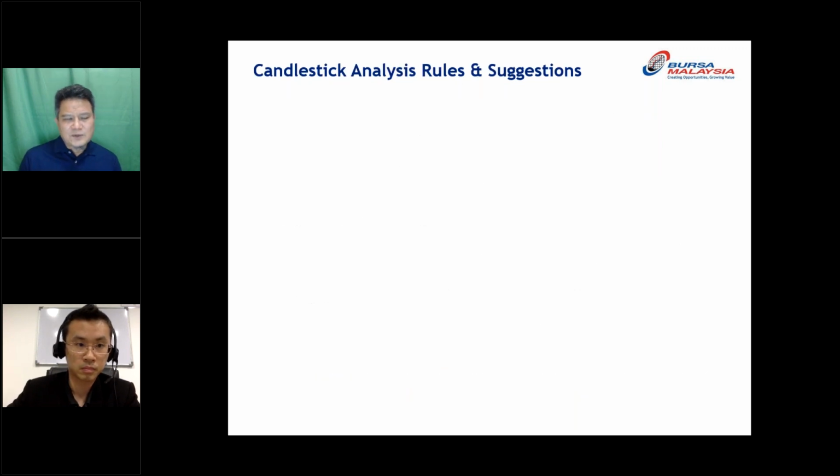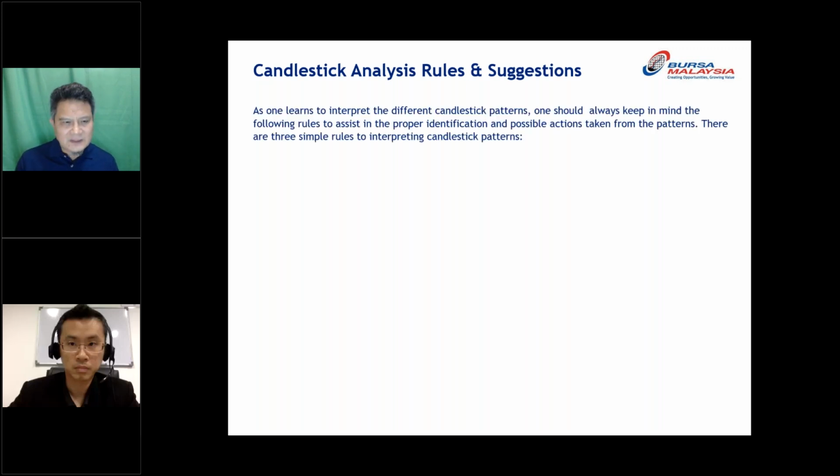All right, so the candlestick analysis and rule suggestion. If you don't remember anything else from my presentation, it's okay, but just remember these 3. The most important for the candlestick are first size, second shape, and third location. Remember size, shape, and location. This will determine the strength of the candlestick, whether it is moving up, moving down, a reversal, or a continuation.